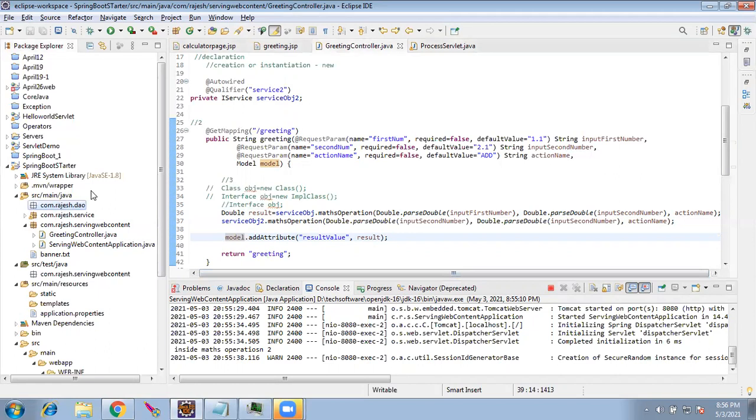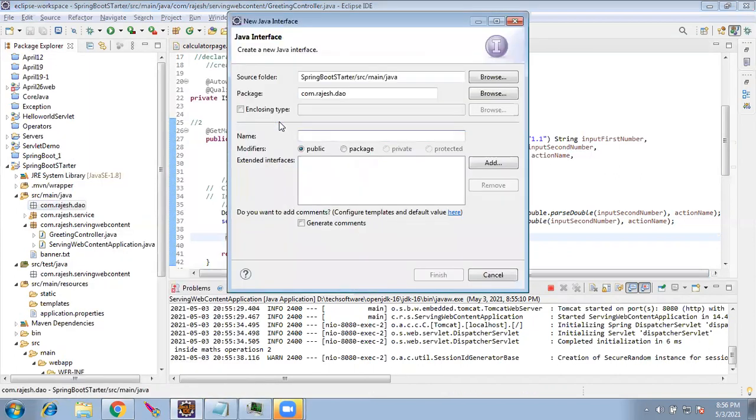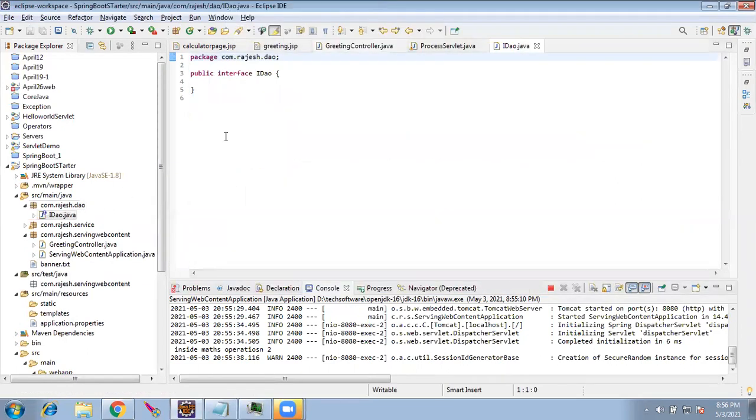Now we'll go ahead. DAO, I'll create one interface. IDAO, the naming convention is important so that everyone can understand it. This is an interface.